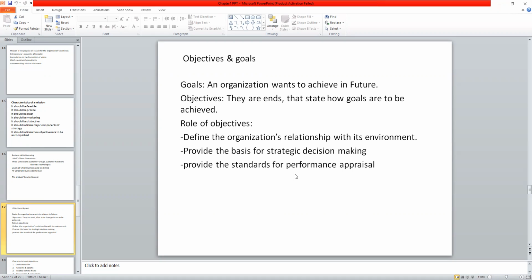But here it failed to take into consideration the perception of the customers, and that's why it did not work. So here the company, while defining the objectives, did not take into consideration the customer perception or the customer attitude, which is one of the demographic environmental factors. So whenever the company takes into account the objectives, it has to correlate with the various environmental factors.